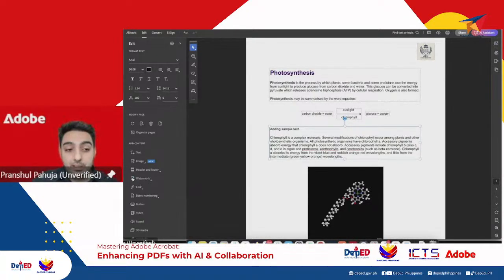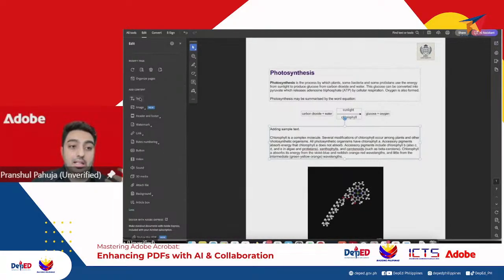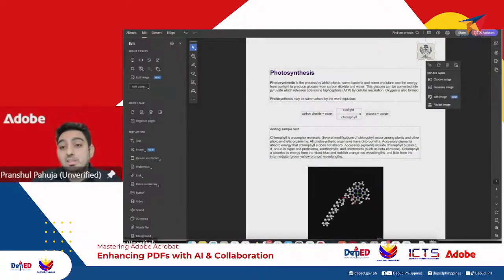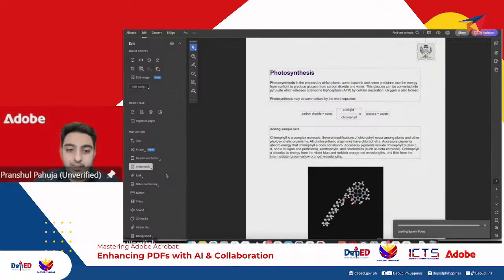But I might want to do a bit more. On the left side, as you can see, you can add text in the documents. You can add images. In fact, I've added a lot of images already in the documents. One of the examples is a logo. If I want to add a logo before I share this assignment across, I can do that as well. Another interesting thing which I can do is watermarking the PDF.